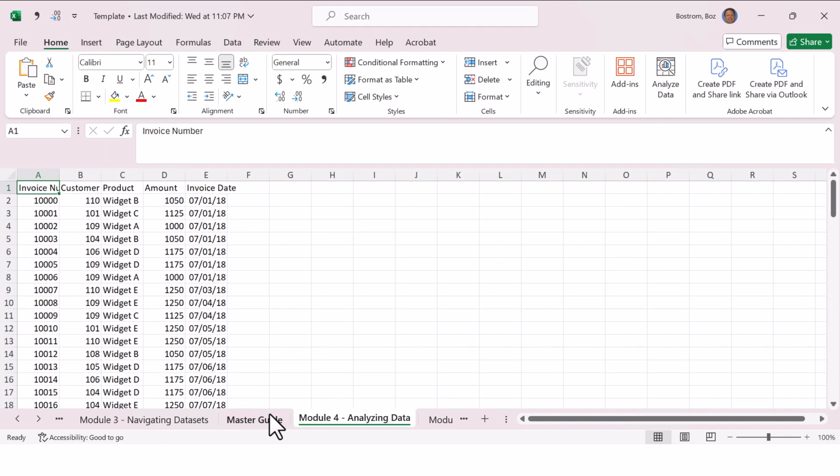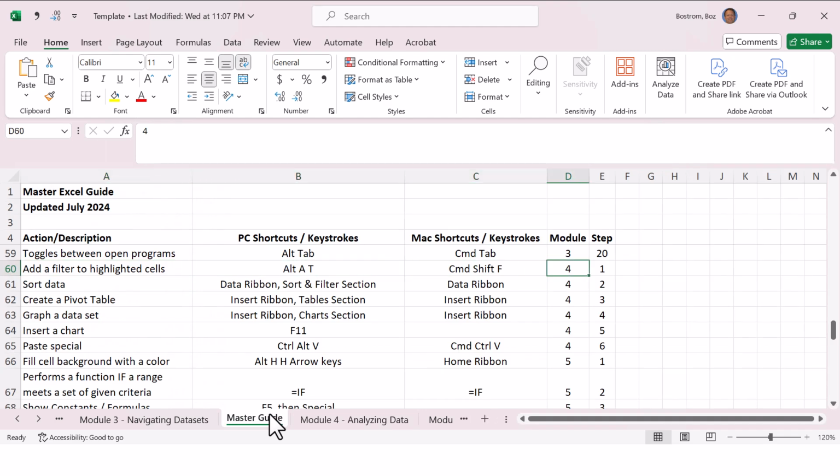So I have nearly 100 lines of data, 5 columns. Invoice numbers, I've identified a customer by a number. The product, I've just called them different widgets. And then the sales amount, and then also the invoice date. So those are the items that I have, and we're going to want to analyze this data a little bit. So it says the first thing here is to put a filter on